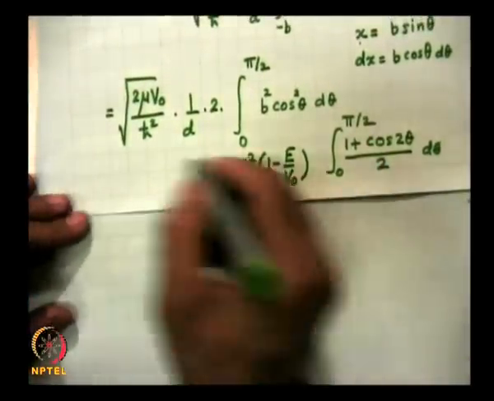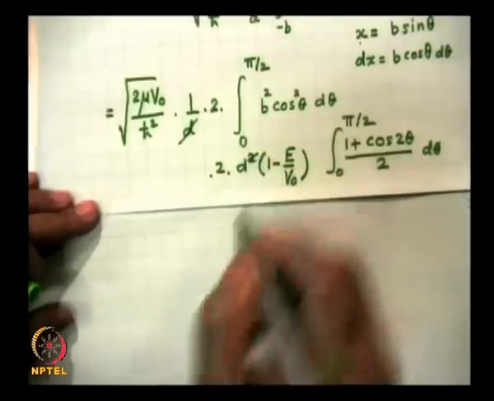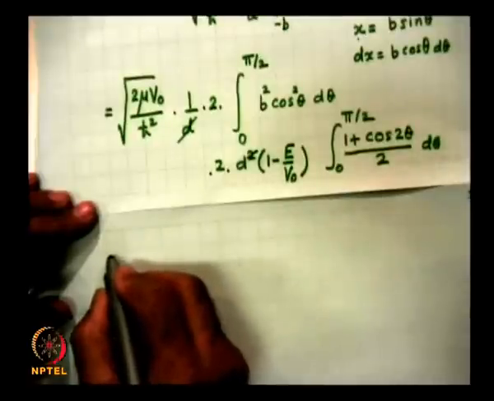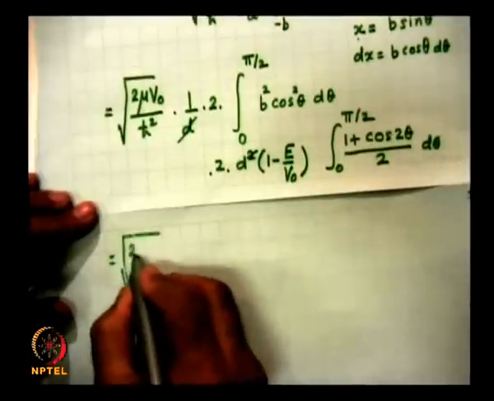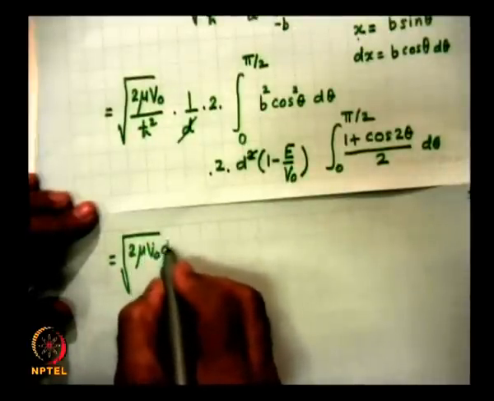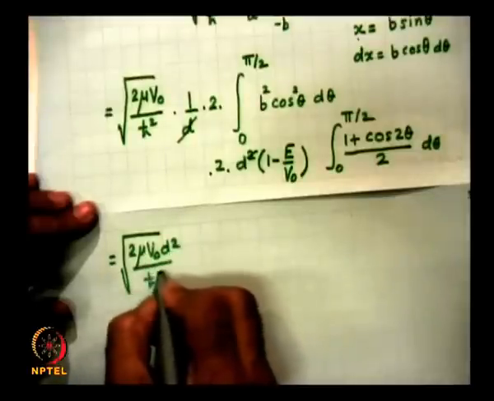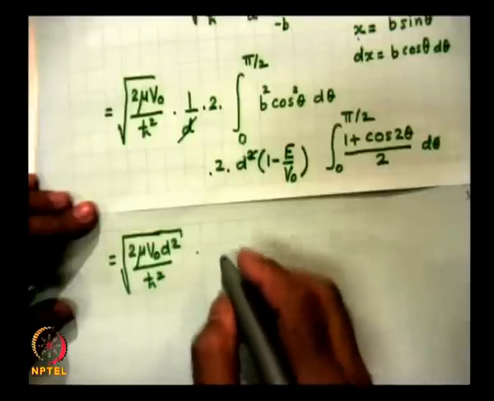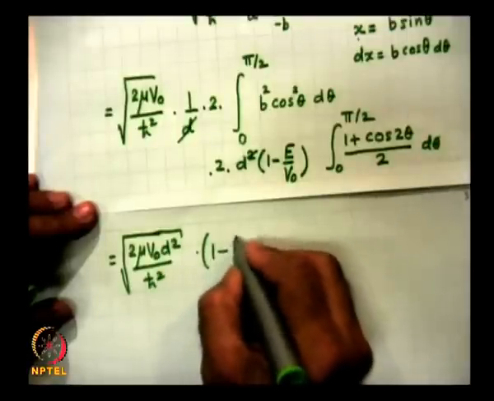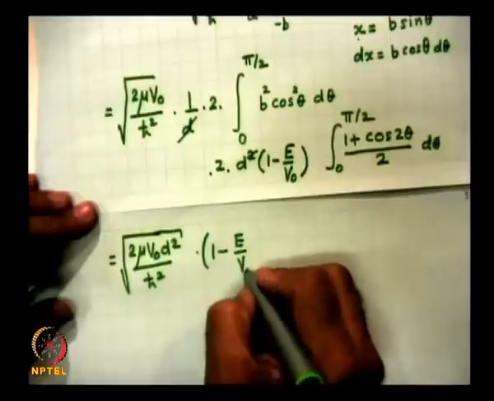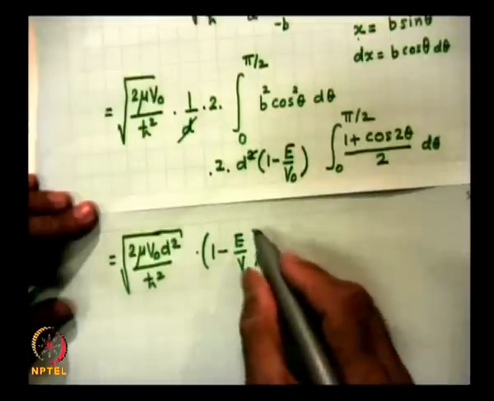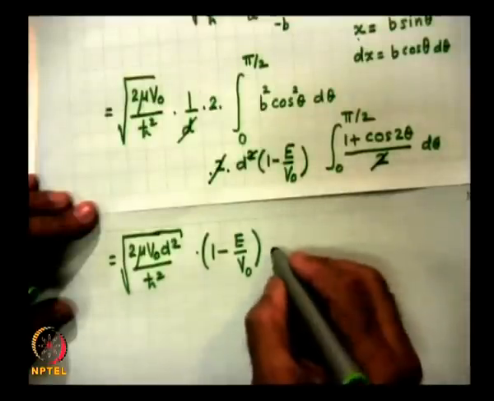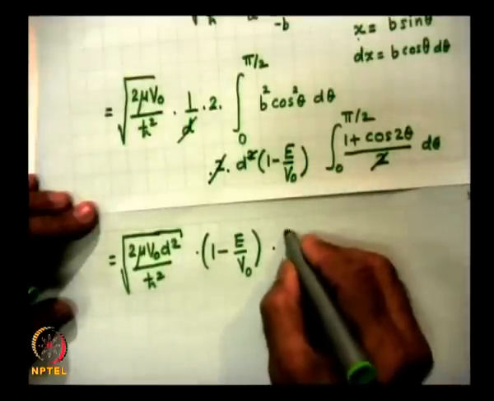So, therefore, 1 d cancels out with 1 d. I can take d inside. So, I will get under root of 2 mu V 0 d square by h cross square. This is a dimensionless number multiplied by 1 minus E by V 0, and so there is a factor 2. So, this factor 2 cancels out with this factor, and the integral of this will simply become